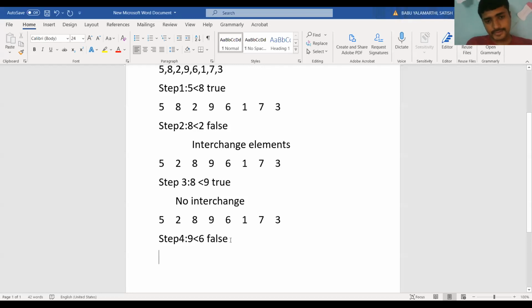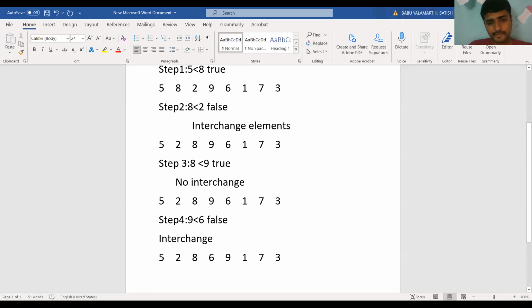So this condition is false, so we have to interchange: 5, 2, 8, 6, 9, 1, 7, 3.